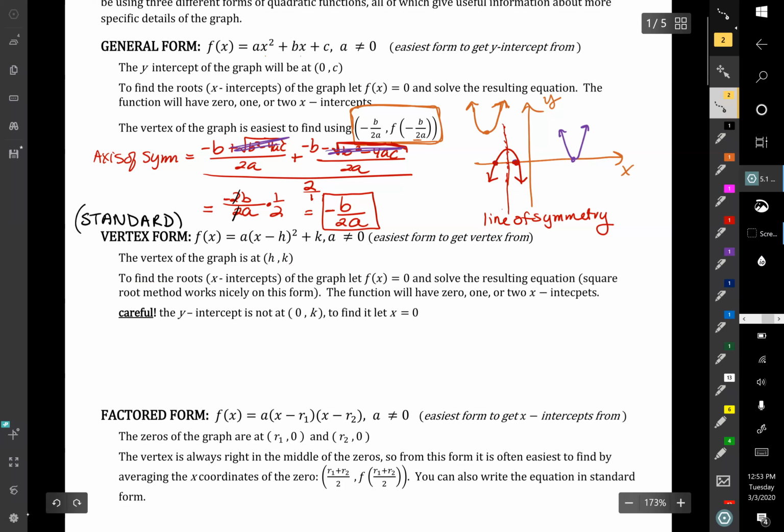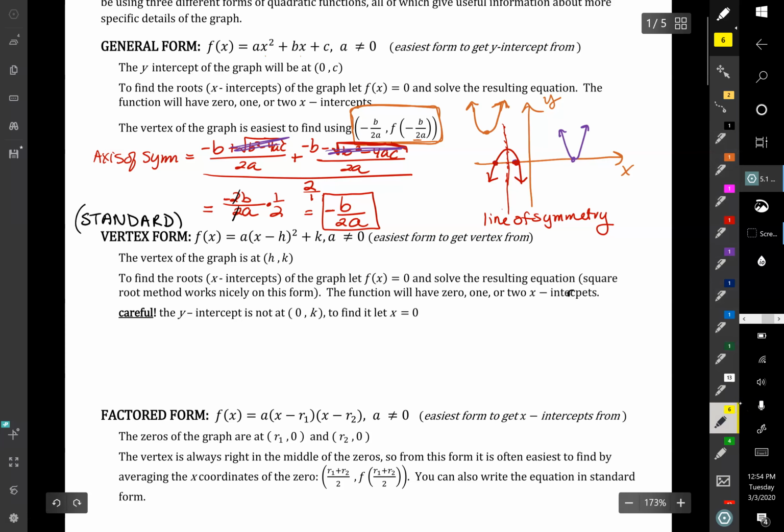To find the roots or x-intercepts of the graph, we'd have to let f of x equal 0 and solve the resulting equation. We can use the square root method. We'll have 0, 1, or 2 x-intercepts, just like before. A little typo there, write R in. So be careful though,